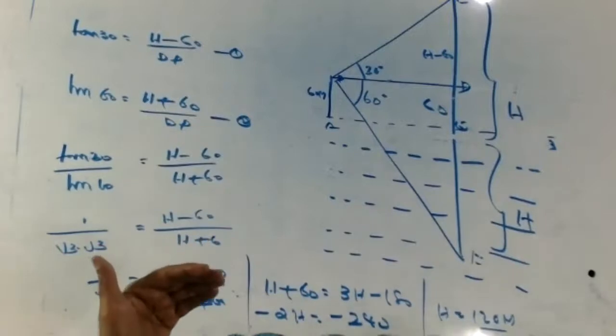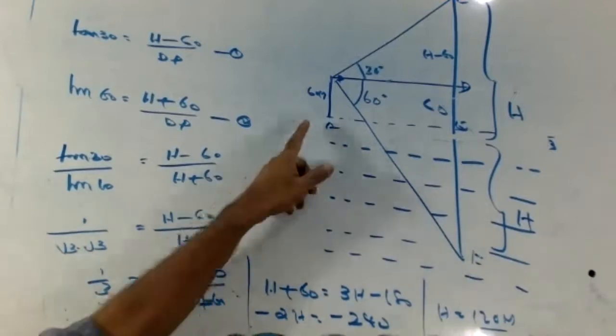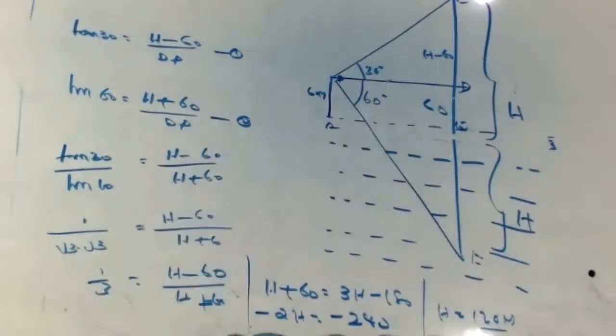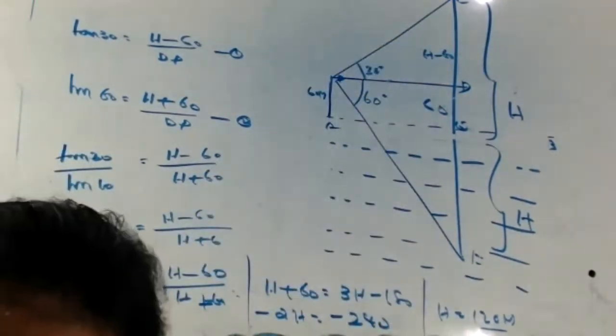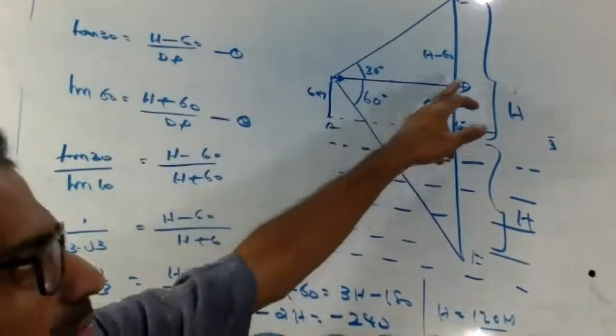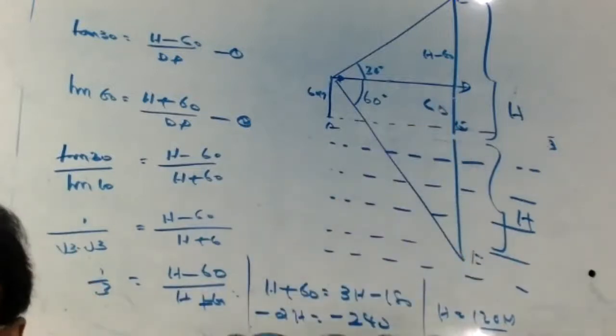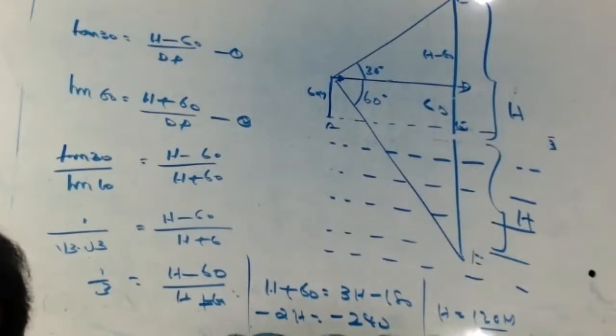Hence, CE equal to EF. Then in triangle PDC, tan 30 equals h minus 60 divided by DP. Why h minus 60? We assumed CE equal to capital H, but here it is 60, so H minus 60. Tan 60 equals 60 plus capital H plus capital H plus 60 divided by DP. DP is not in our picture. So dividing and cross multiplying, we got it. Now, okay, all? Is it okay now, Nihal?